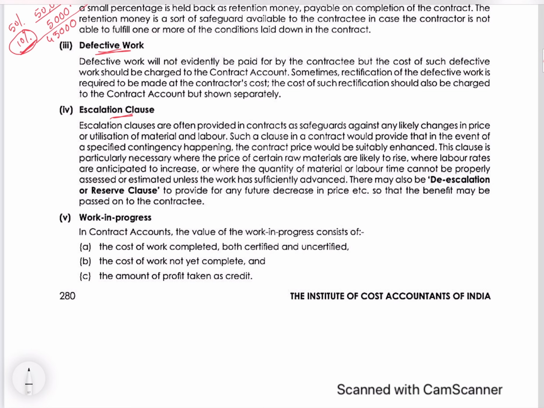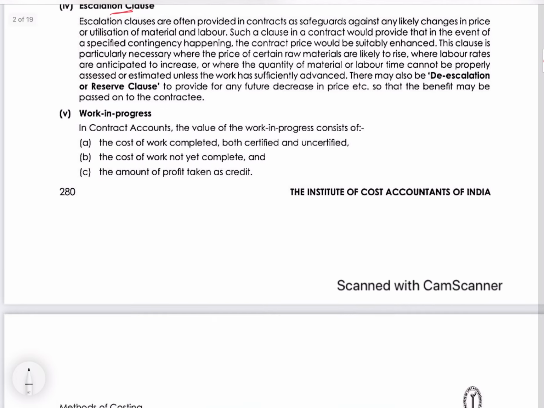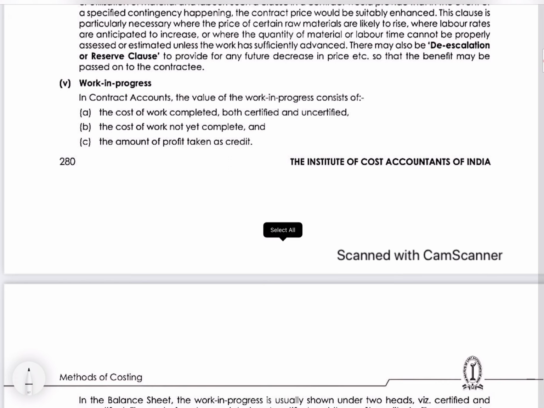So this escalation clause always helps him to modify the contract price. Okay, if because of any contingency or any reason, any price changes or any other contingency come, this helps him. So this escalation clause safeguards the contractor from any likely future changes in price or any other calamity. Work in progress. Work in progress means half completed. So work in progress